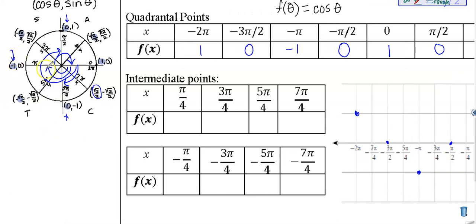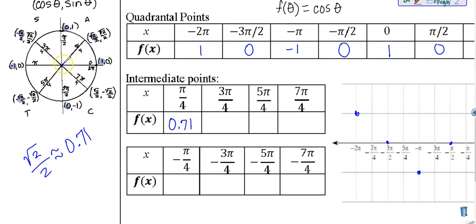So pi over 4, let me get my eraser here. Pi over 4, the cosine of pi over 4 is square root of 2 over 2, right? But here's the problem. I don't know where that is. So we plug it into the calculator and we get an approximation of 0.71. Okay? So every time we see the square root of 2 over 2 or negative square root of 2 over 2, we're just at positive or negative 0.71. So here we have